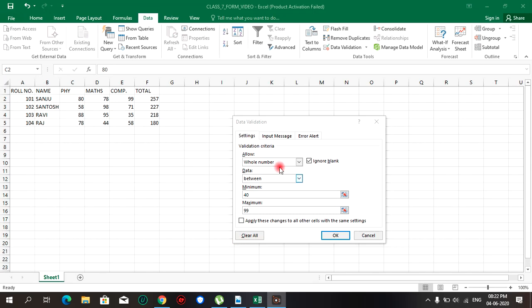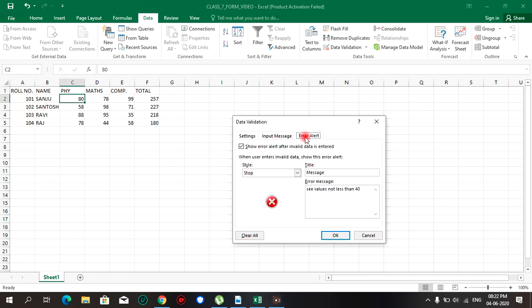After that we give the error message. If the value is less than 40, a message will come saying the value should not be less than 40. Then we click on the OK button.